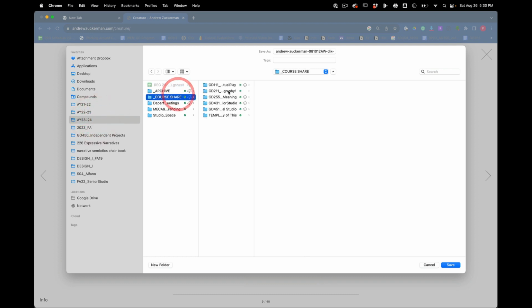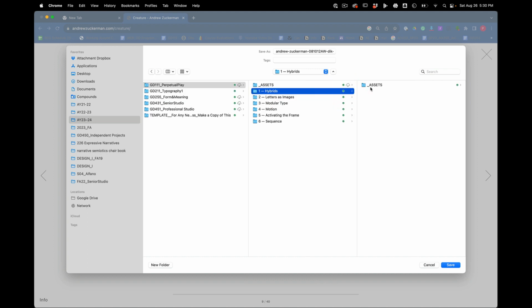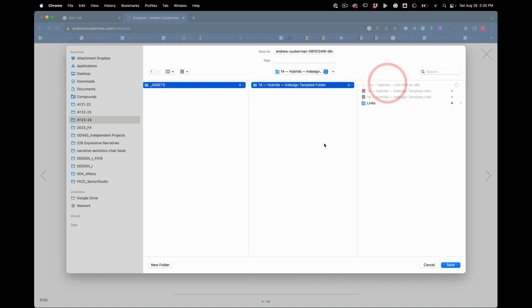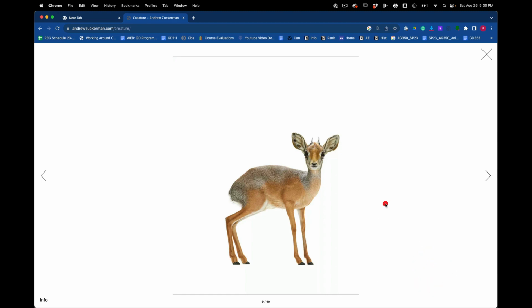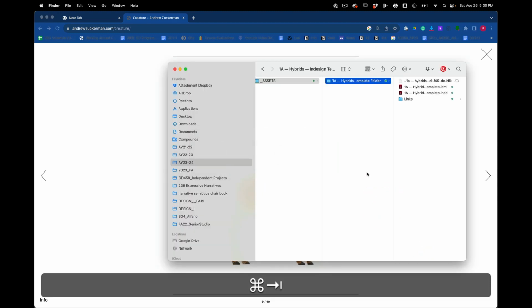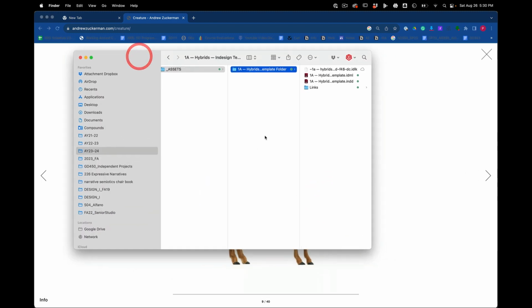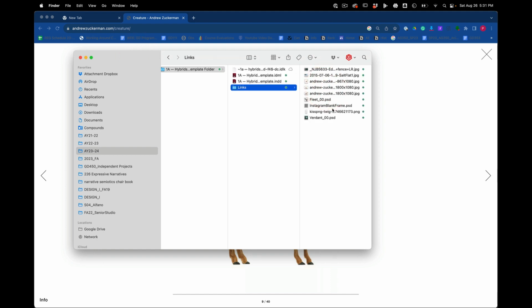So, for example, here's all the courses that are going on this semester. Here is Perpetual Play, Project 1, and I'm going to share all this with you. I made a little links folder and my little hybrid demo, and I'm saving it in there. Okay, the next thing we're going to do is start opening each of these. Actually, you know what? Let's make a new